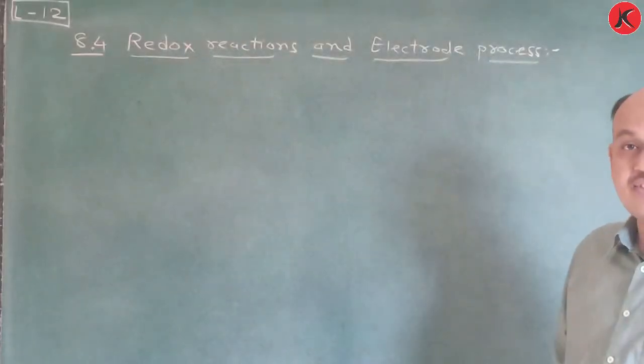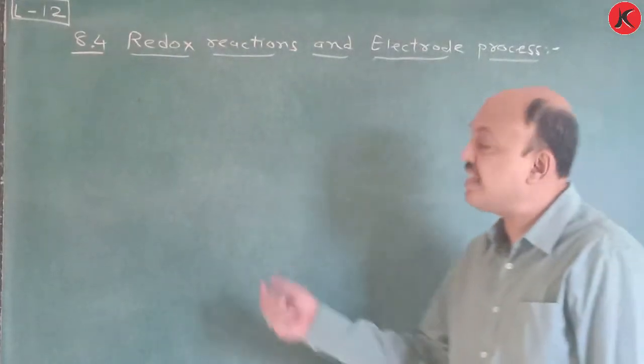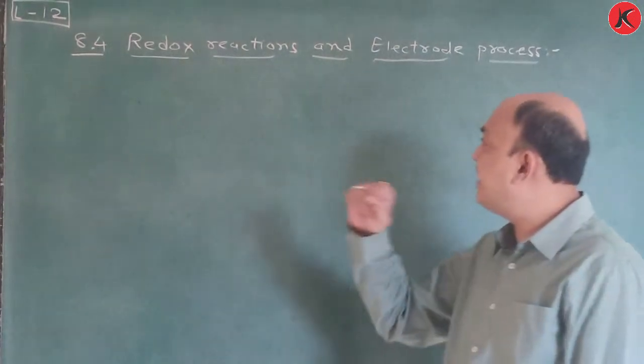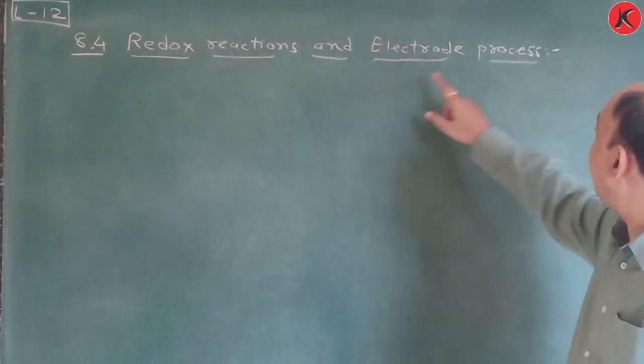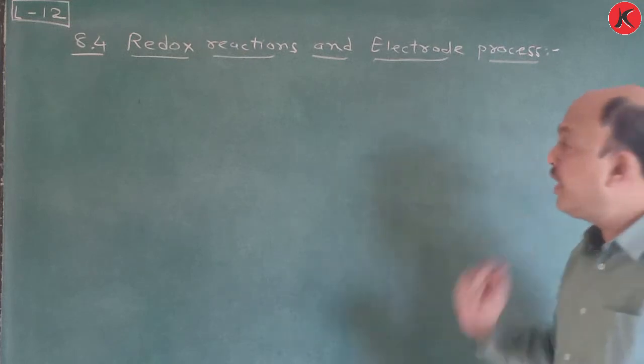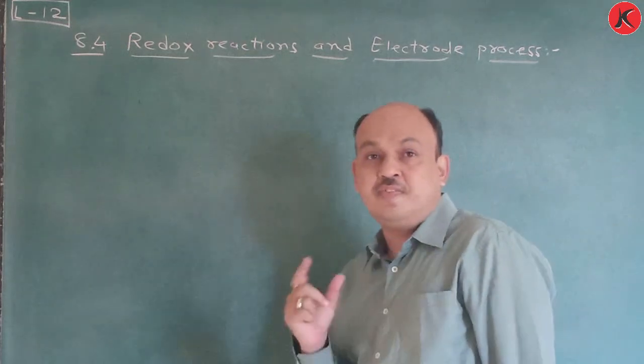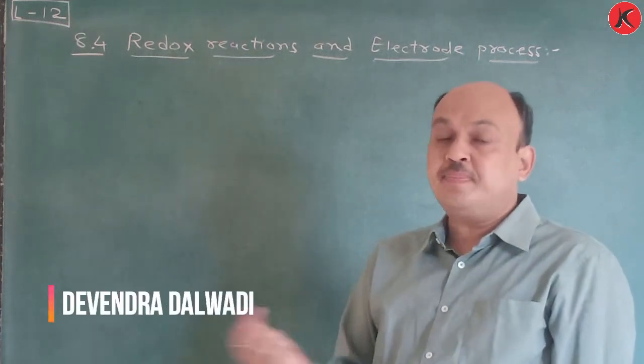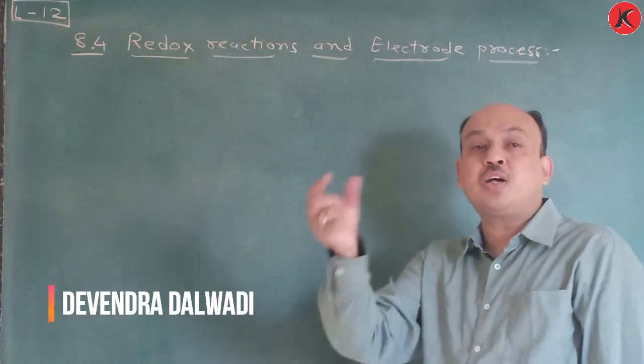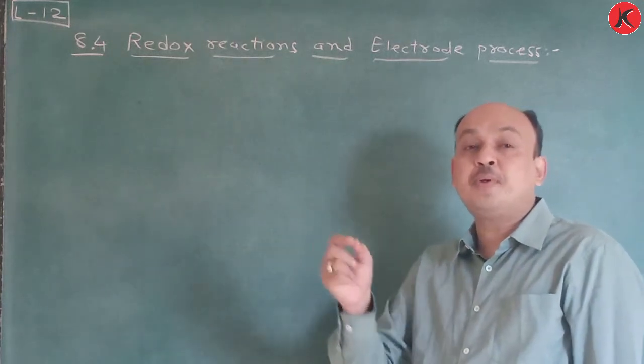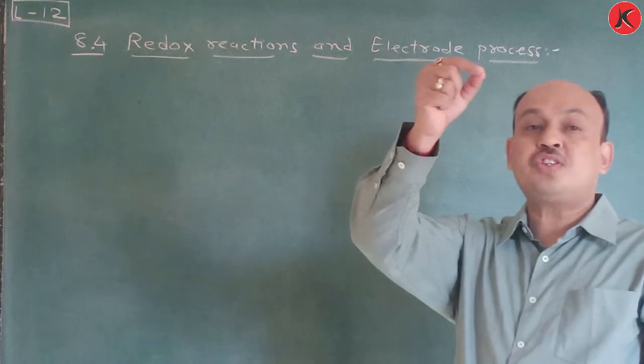Unit 8, redox reactions, lecture number 12, which is the last lecture according to your NCERT textbook. But here, redox reactions and electrode process. You already learned one process in which you have to take one glass beaker. In that glass beaker, suppose you take copper sulfate solution, which is a blue color, and if you put zinc